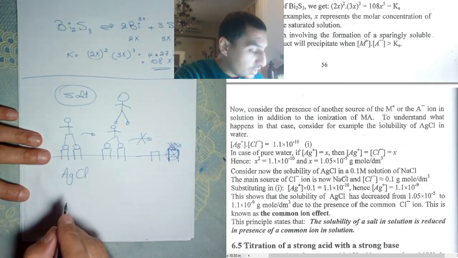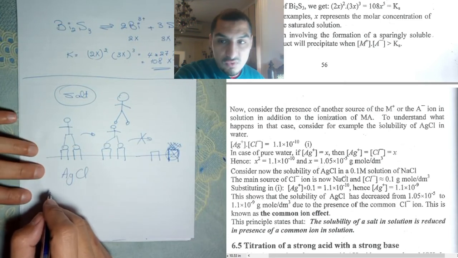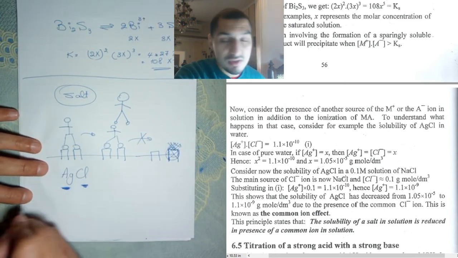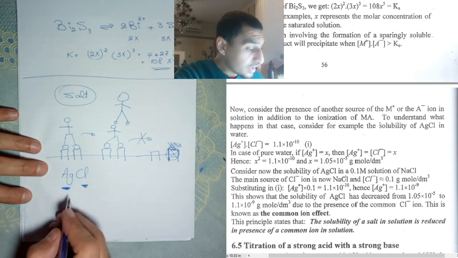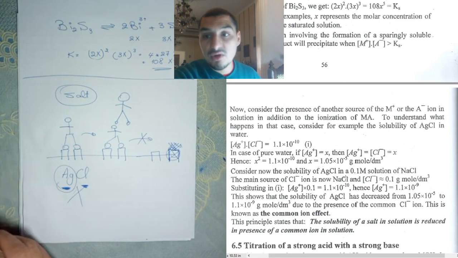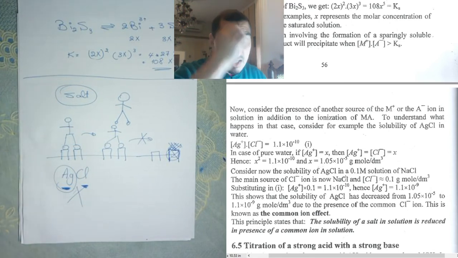So if I want to dissolve the silver chloride in water, I have to make sure that there is a space for silver and space for chloride to dissolve in water. If I have a space for silver but not space for chloride, it's not gonna dissolve. Or I can have very low solubility because I don't have any available slots for silver or chloride to